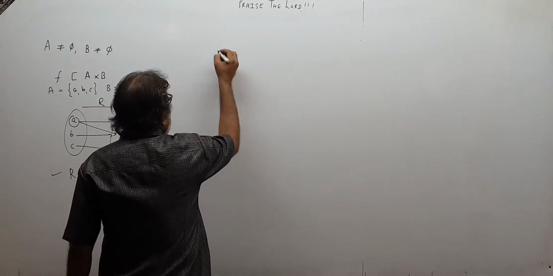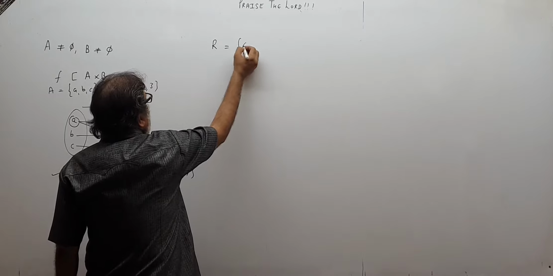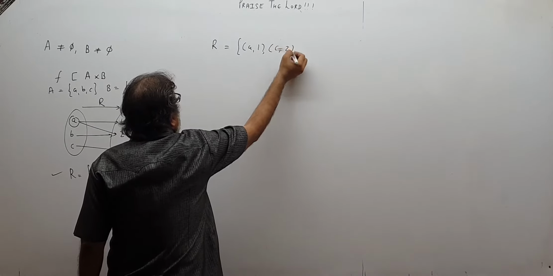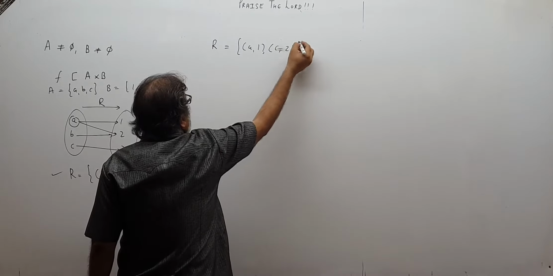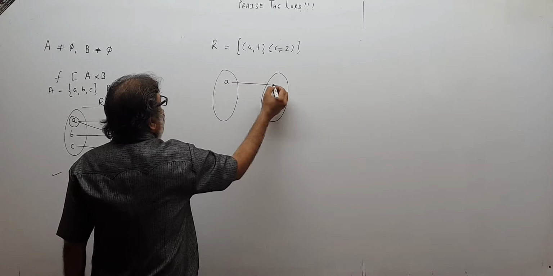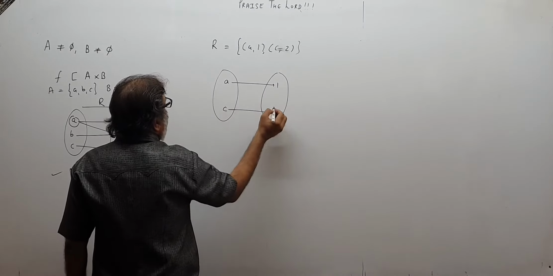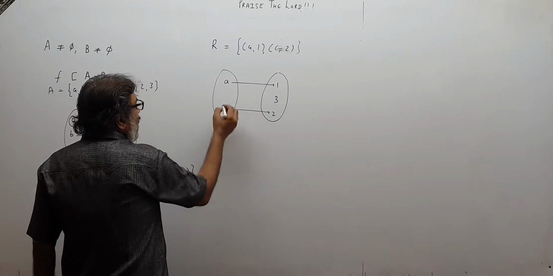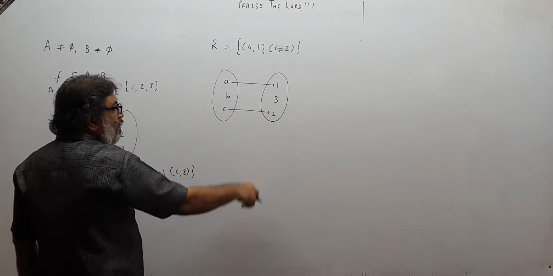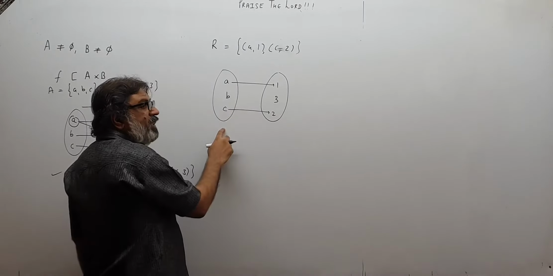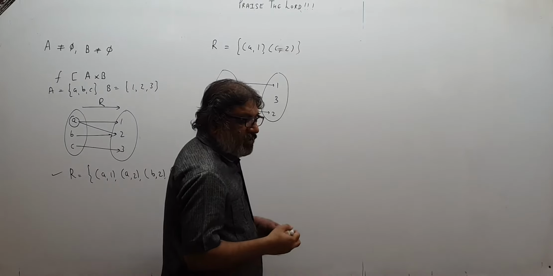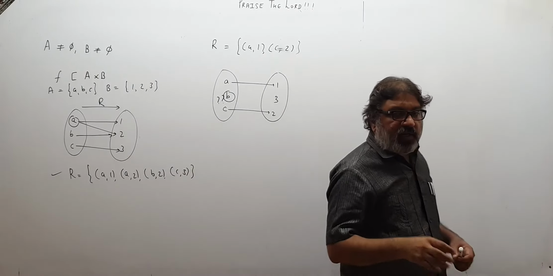Now, if I have a relation like this, supposing R is {(A,1), (C,2)}, supposing. So I take like this, so it will become like this. A corresponding to 1, C corresponding to 2, and 3 will be left out from here and B will be left out from here, because in this side we had A, B, C and here we had 1, 2, 3. So on the left side set, this element is not corresponding to any element on the right side. Therefore, this is a relation but not a function.